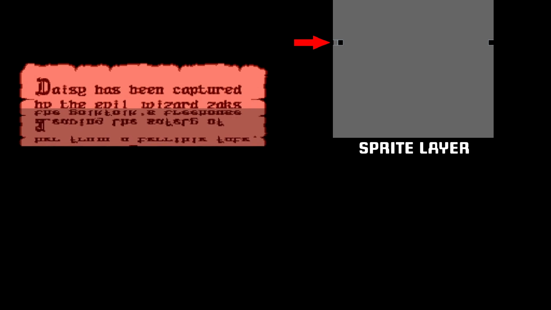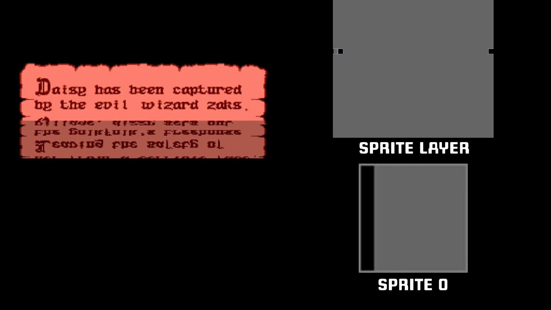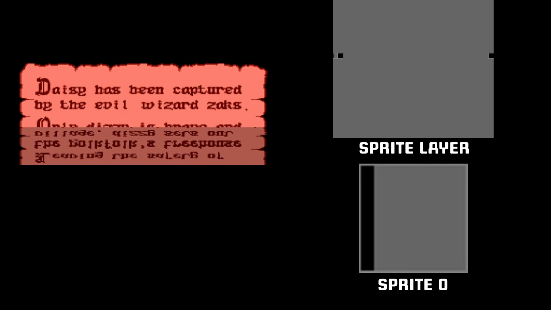This is how The Fantastic Adventures of Dizzy is creating this split. Sprite 0 is right at the far left edge of the screen. While it's normally invisible to the naked eye, Sprite 0 is actually visible as far as the console is concerned, it's just cleverly covered up. Most of it is transparent, except for a single column of pixels which is solid black, the same colour as